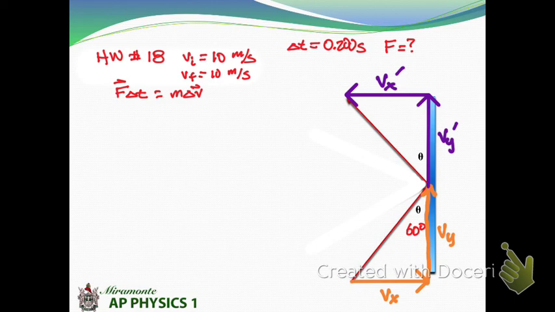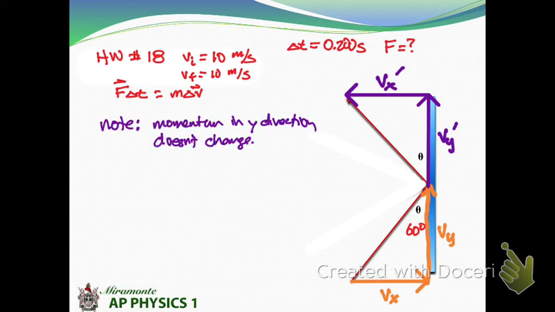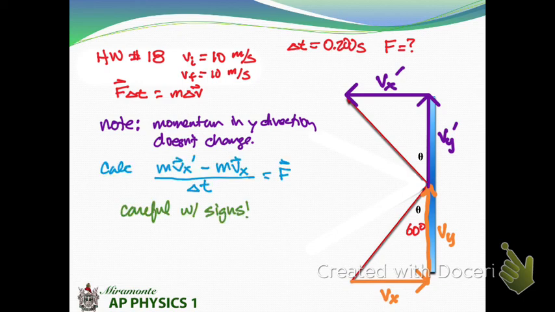But I do recognize that I can break them into components. And I know that Vx, for example, is going to be V times the sine of theta, sine of 60. And Vy is V times the cosine, etc. So I'm going to use a little bit of trig. But what I notice is that the momentum in the y direction doesn't change. It just keeps right on going. And the momentum in the x direction definitely does change. So that's what you're going to have to do when you want to solve this problem. You're going to have to calculate what the change in the velocity vector is in the x direction in order to solve for F. And as always, with momentum and vectors, be very careful with your signs. Good luck.